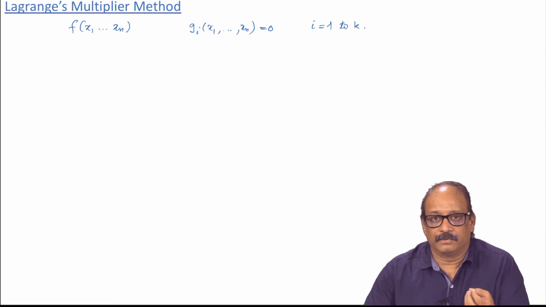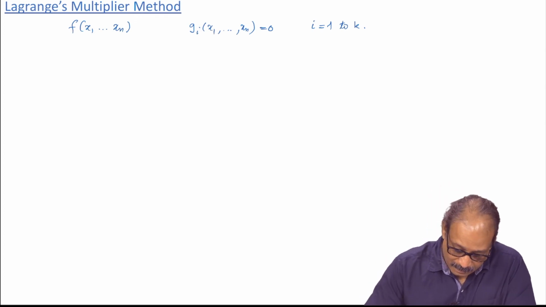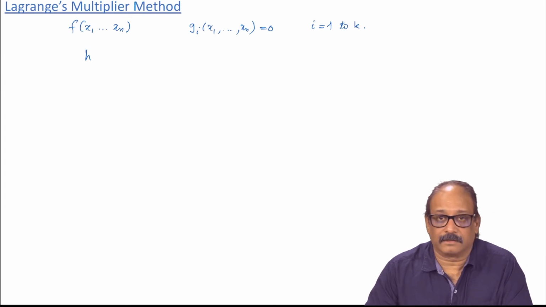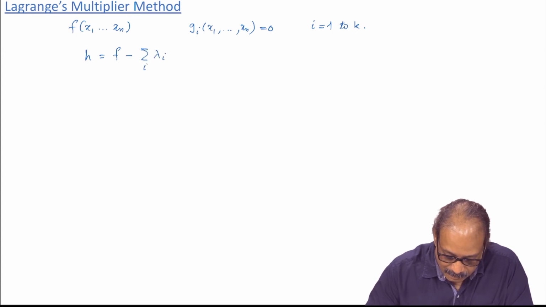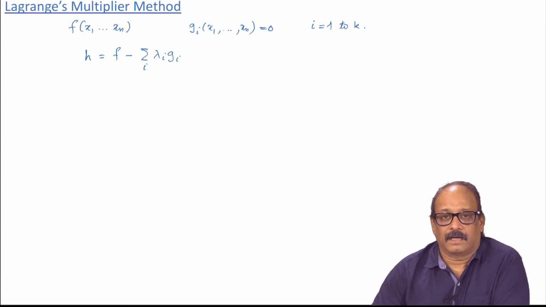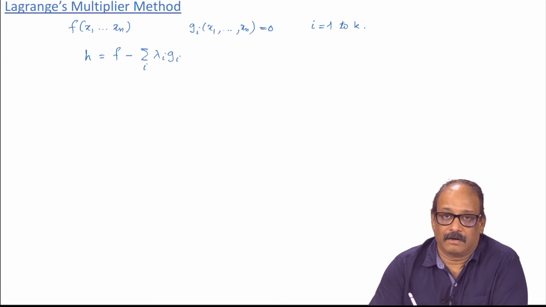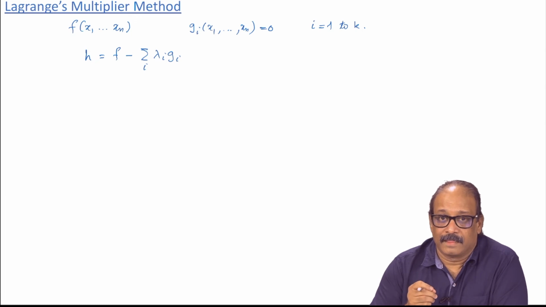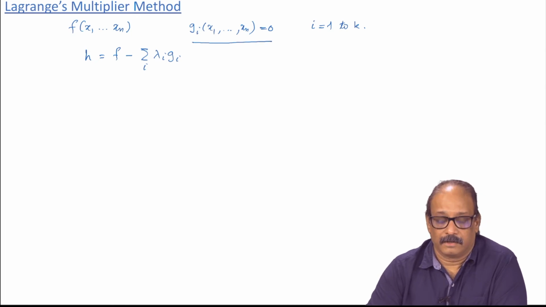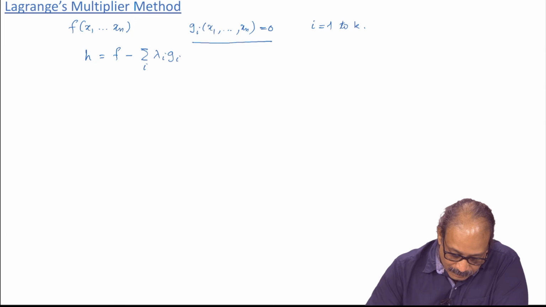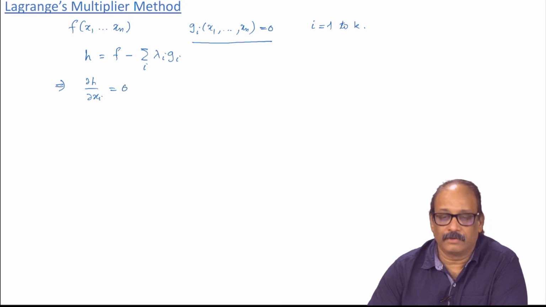I will leave it to you to figure out the proof, but all that we have to do is construct a new function h which will be equal to f minus the sum over i of lambda i g i, and then find the minima of h. These minima will be in terms of the lambda i's, and then you get the lambda i's from the constraint equations themselves. Okay. In this case, of course, the minimization condition would again be the gradient equal to 0, and this looks like